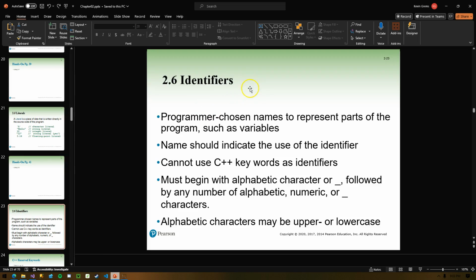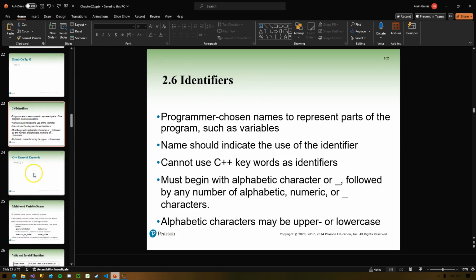All right, a slide on identifiers and keywords. Identifiers are programmer-chosen names to represent parts of the program, such as variables. So we decide our variable names. There are rules, as we'll get into in a minute, on what we can name them.